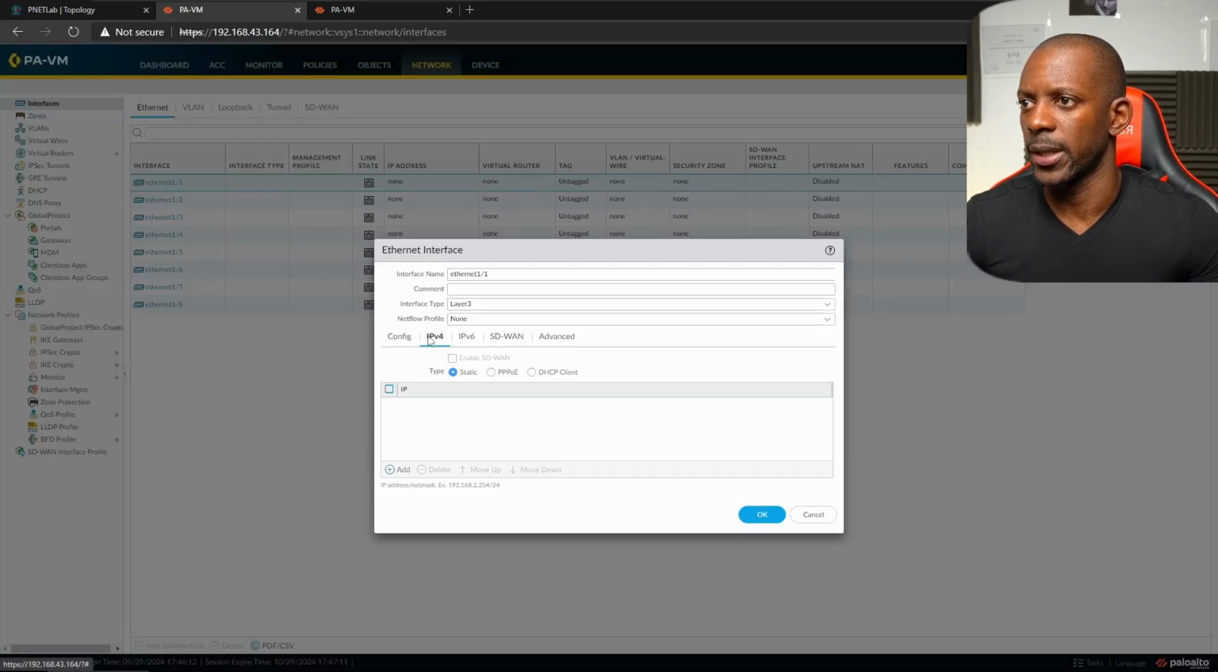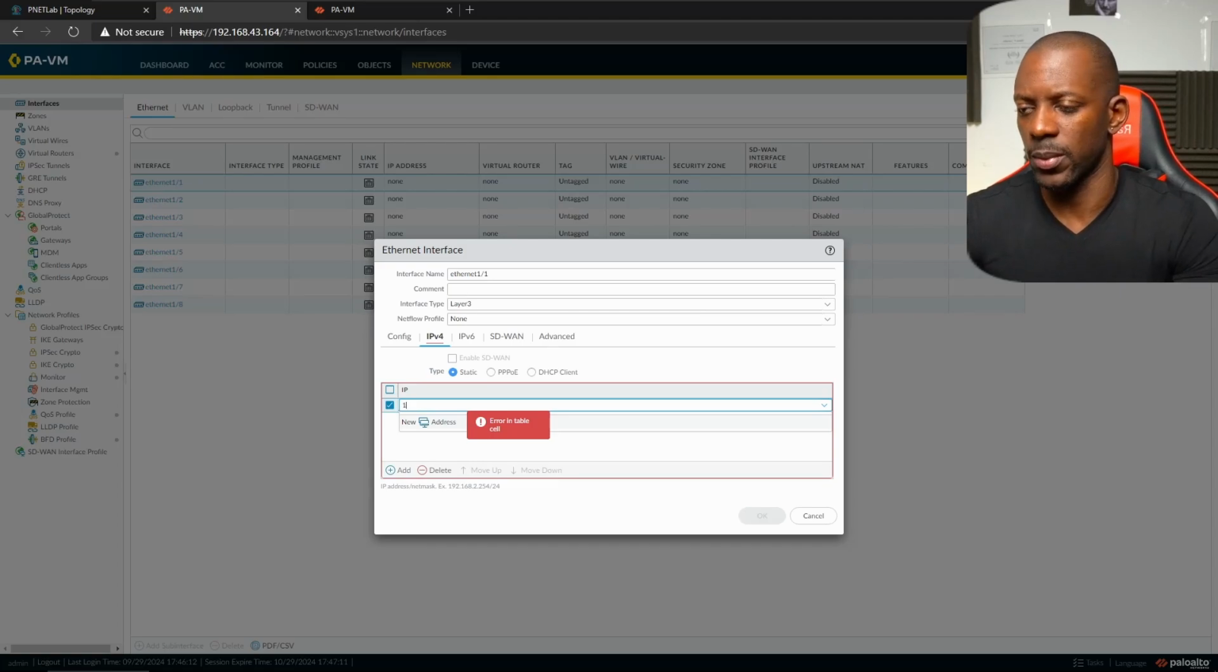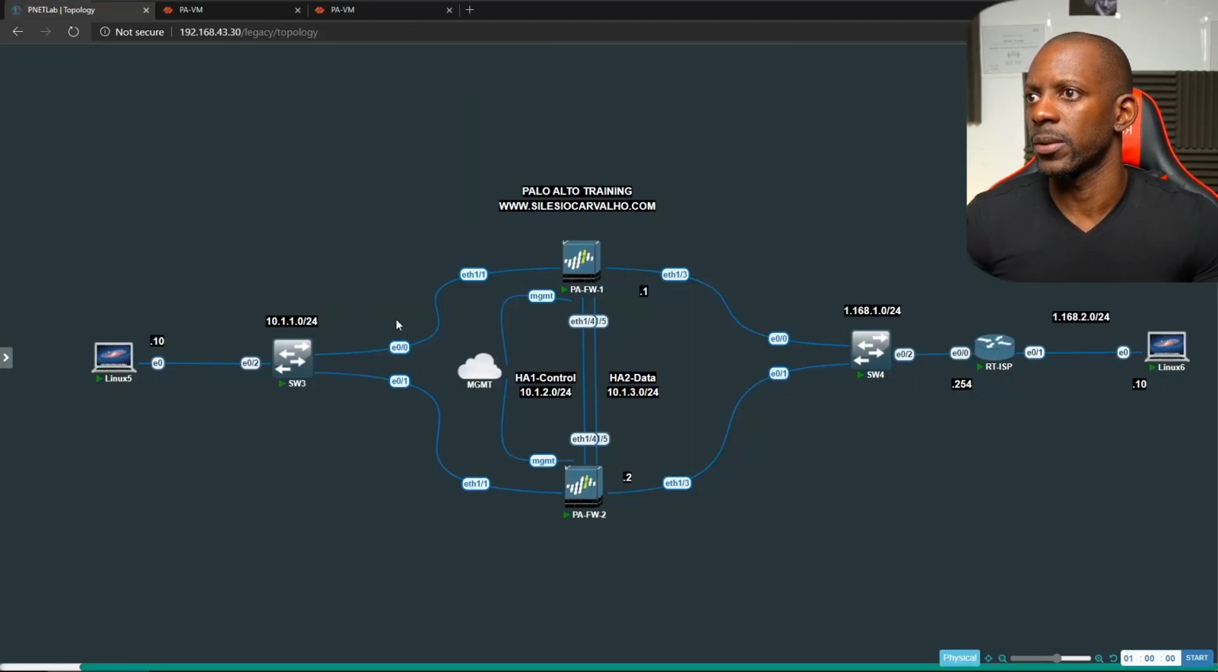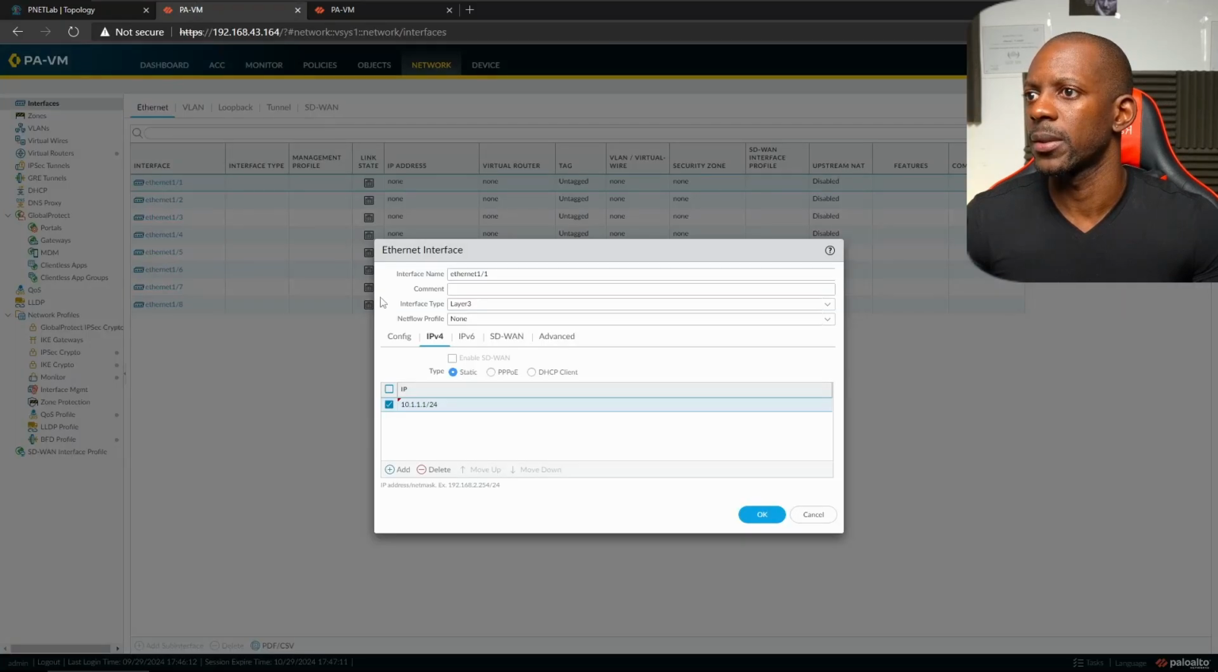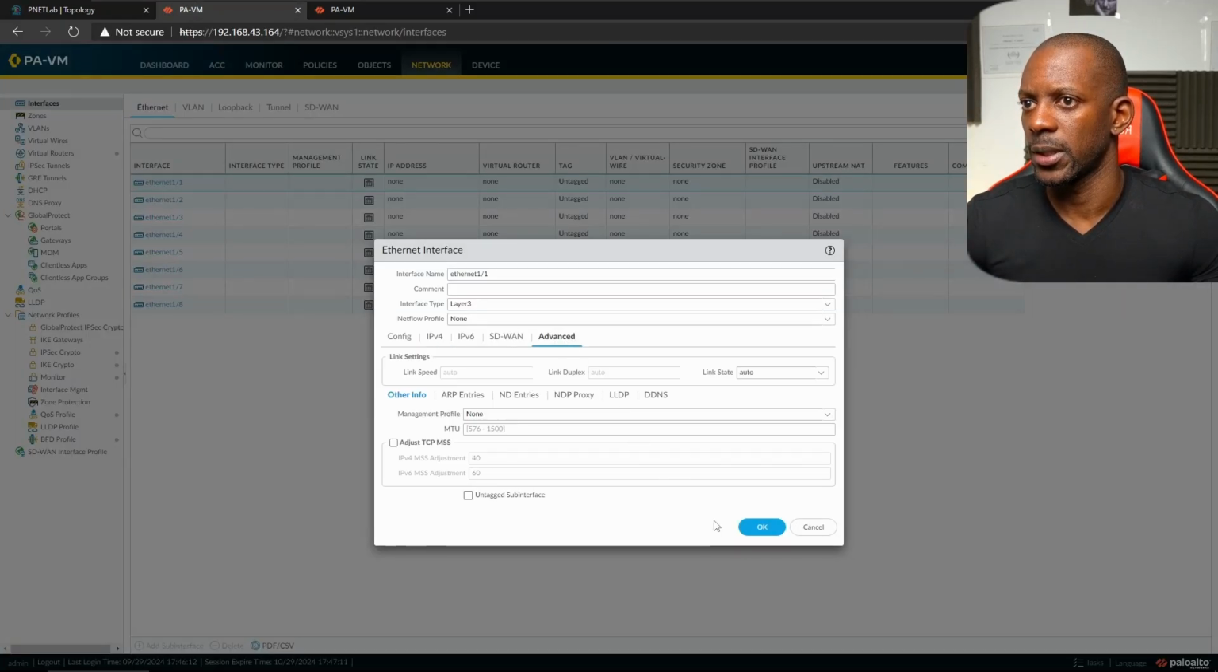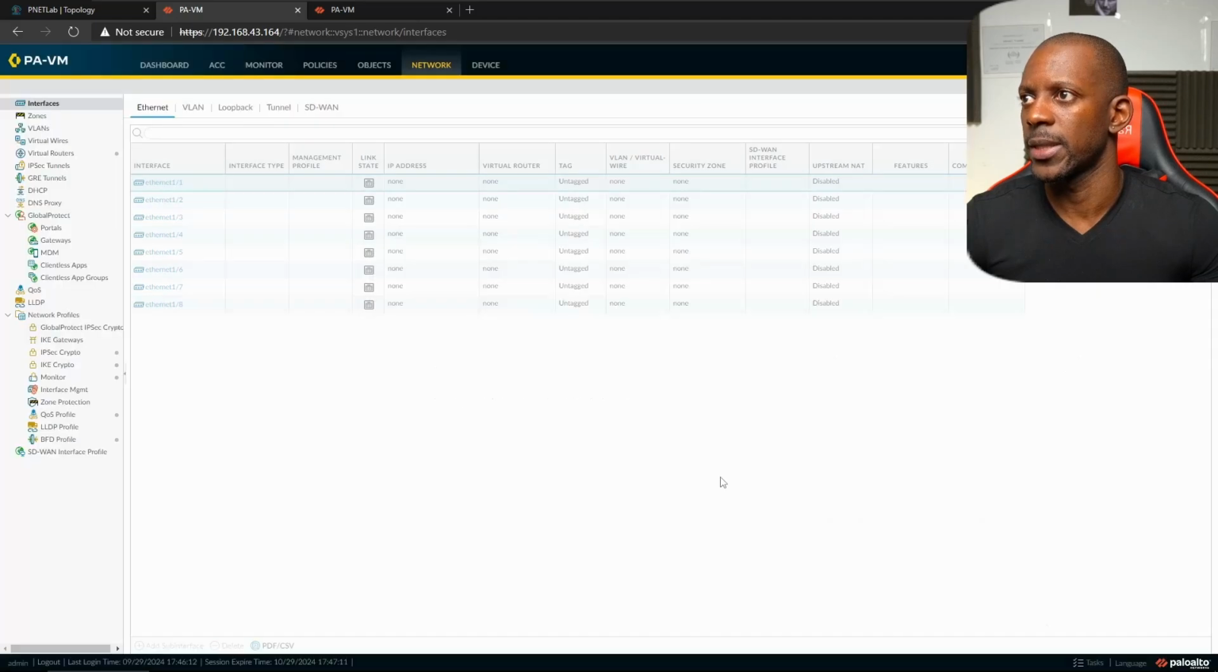Okay, so now the IPv4 address. So this one is going to be 10.1.1.1/24. Let me double check on this. Yes, 10.1.1.1 will be the firewall IP address. And everything is okay. So next should be